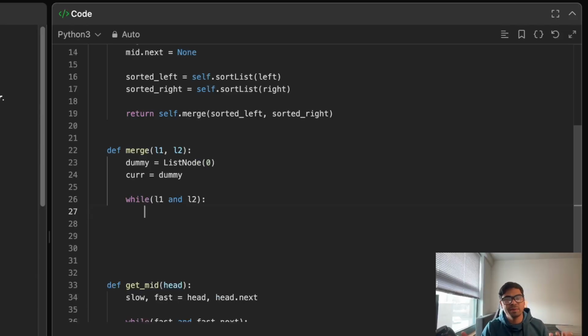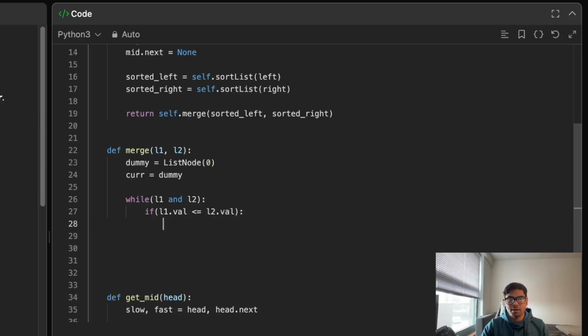I don't know how to say it, but I think you understand what I mean to say. So what can happen is, if L1 dot val is smaller than or equal to L2 dot val, then what I want to do is my